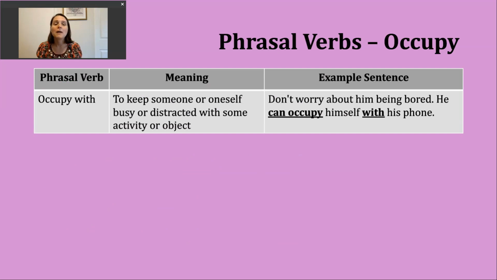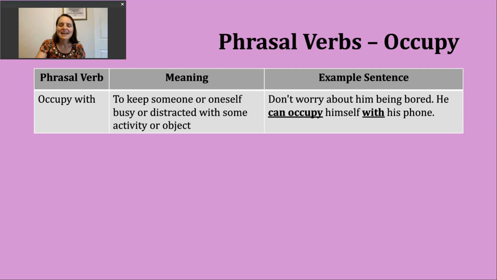You might hear occupy with. And this connects back to an earlier definition we looked at. So this phrasal verb means to keep someone or to keep oneself busy or distracted with some sort of activity or maybe with an object, a thing. An example of this could be, don't worry about him being bored. He can occupy himself with his phone. So his phone is what's going to keep him busy or distracted,